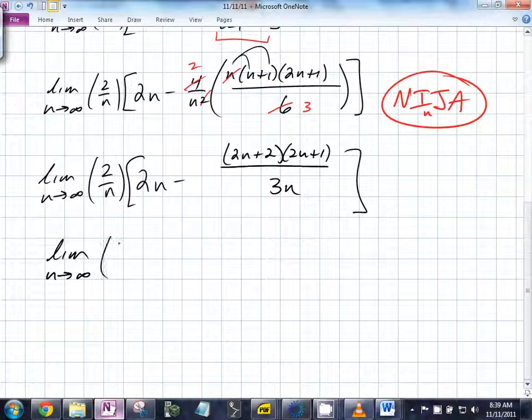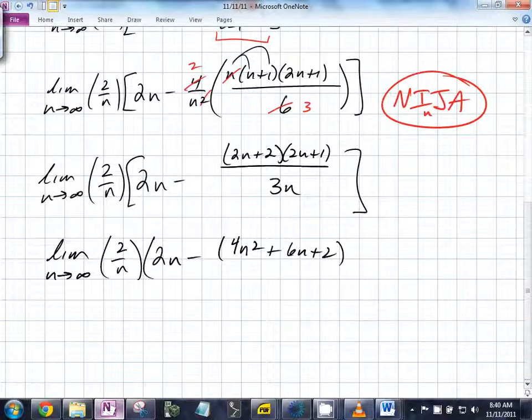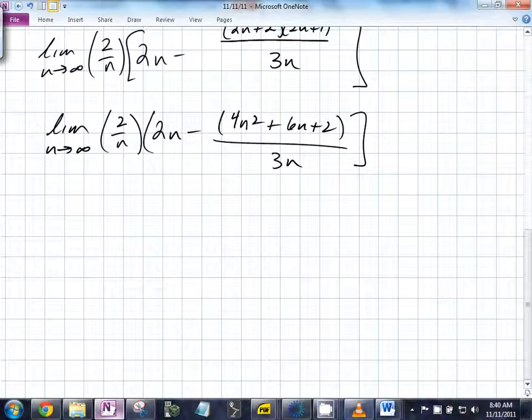2n minus, what do we get? 4n squared plus 2n plus, so 6n plus 2 all over what? Yes. Thank you, Tony, backing me up there. Good job. Okay, so we end up with the limit as n goes to infinity of 2 over n